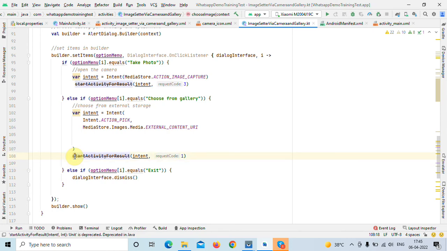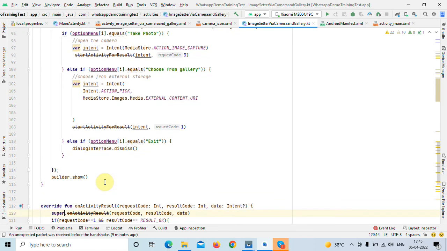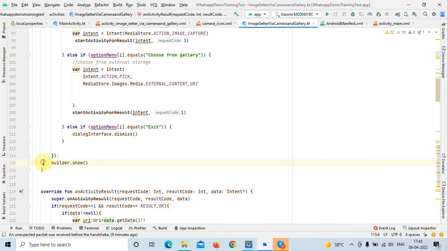Else if it is equal to exit, then it will dismiss and hide our dialog box. At last we use the builder.show method to display it.